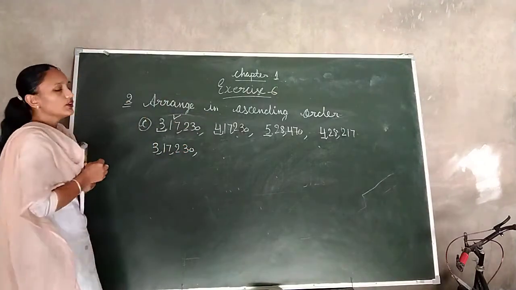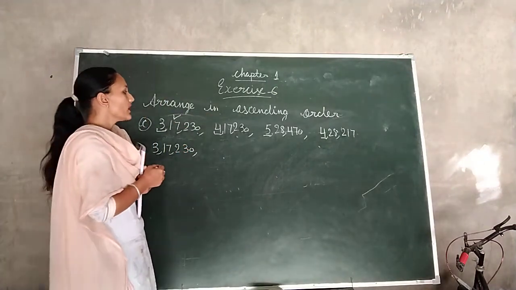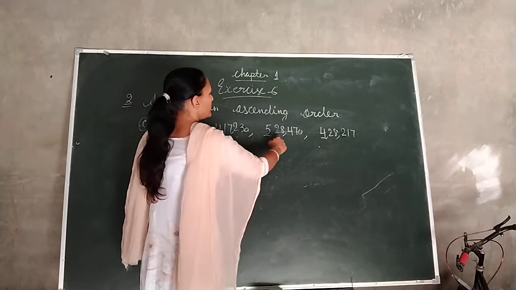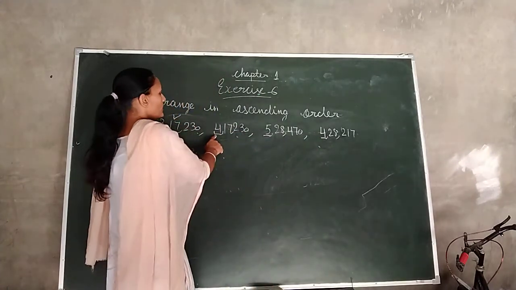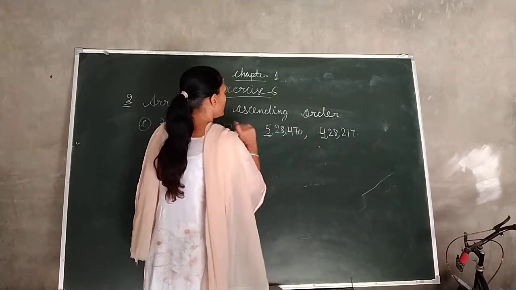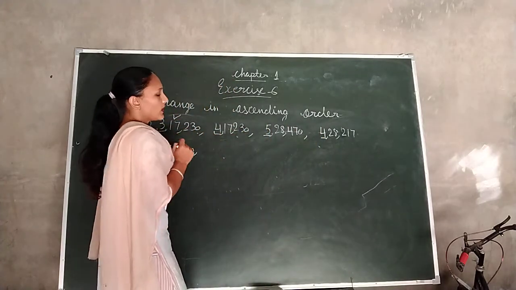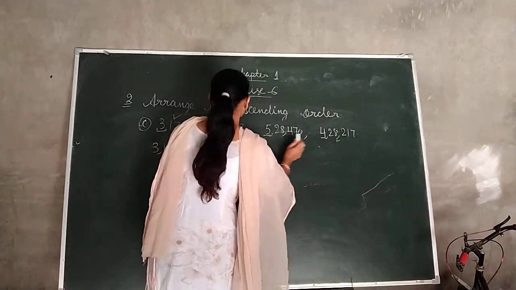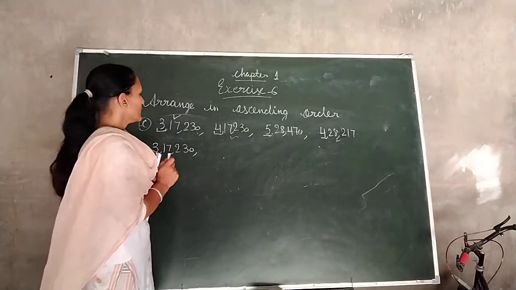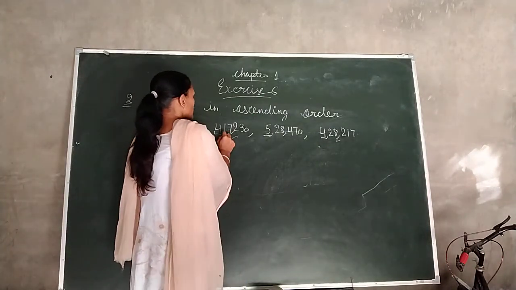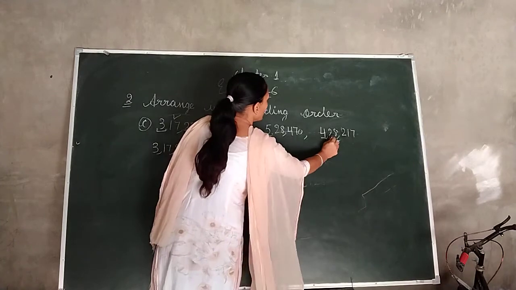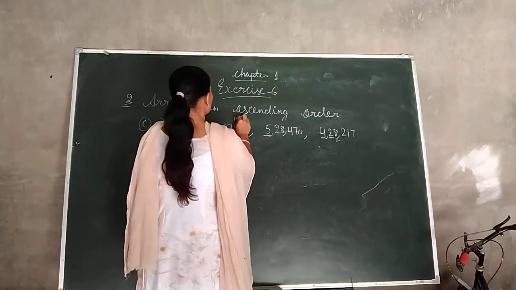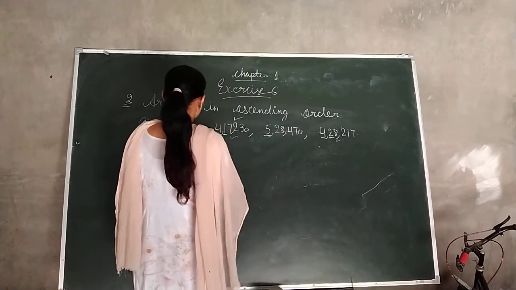And now we have 3 numbers. And we have to find the smallest among these 3 numbers. So we will compare the digits in lakh place. Here we have 4, here we have 5 and here we have 4. 4 is less than 5. But we have 4 at 2 places. So we will compare its next digit, that is in 10,000 place. Here we have 1 and here we have 2. 1 is less than 2. So what it means? This number is smallest among these 3 numbers.